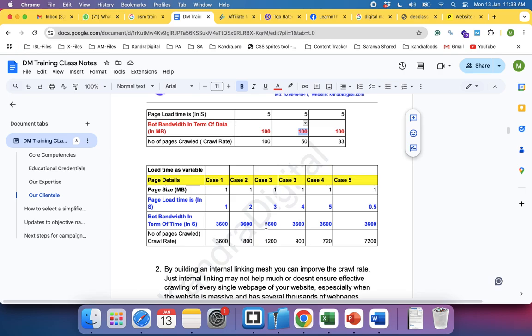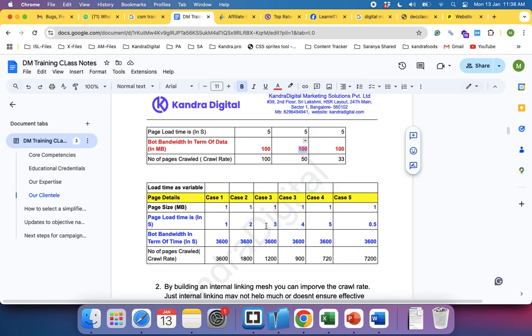Now in the same way, in the other scenario, the bot is visiting your website with a bandwidth of, let's say, 1 hour, or maybe 10 minutes, okay? Each minute has 60 seconds, correct? 10 minutes has 600 seconds. Here we have taken 1 hour, that's why it is 3600 seconds. Case 1, the page is loading in 1 second. So the bot can crawl